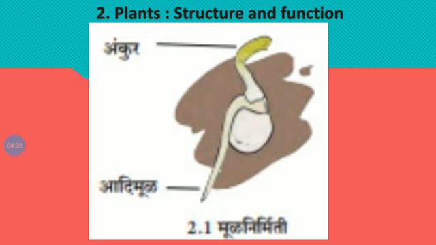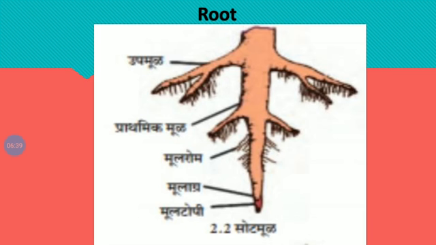Root bears hair-like processes near the root tip. These are root hairs. The root tip is delicate. This is the region of the growth of the root. The tip is covered by a cap-like structure called the root cap. The root cap protects the root tip from injury.